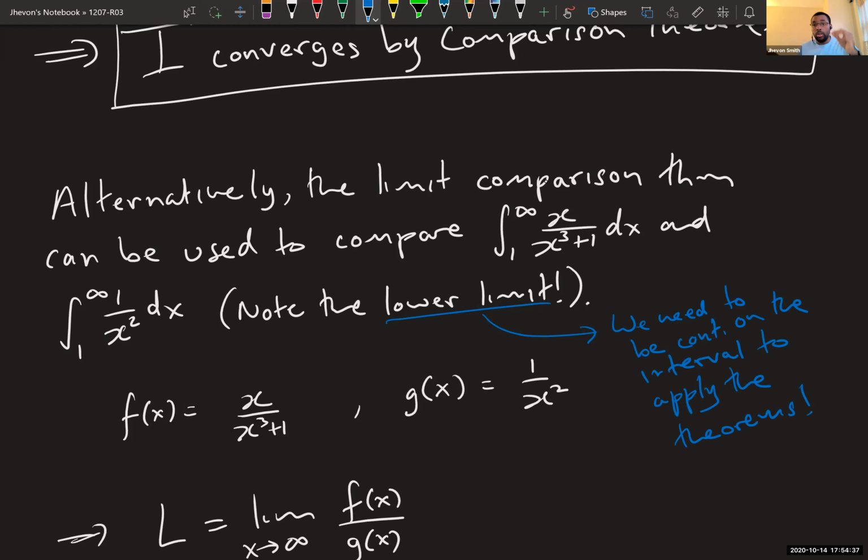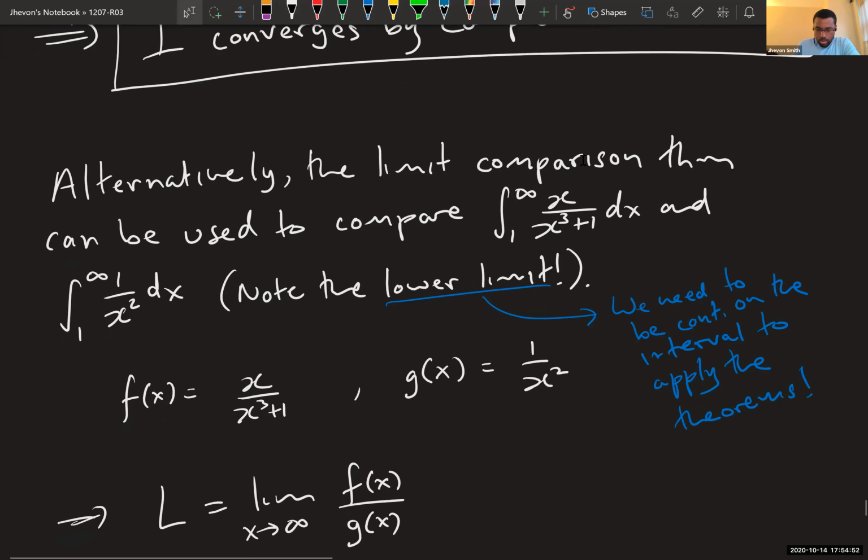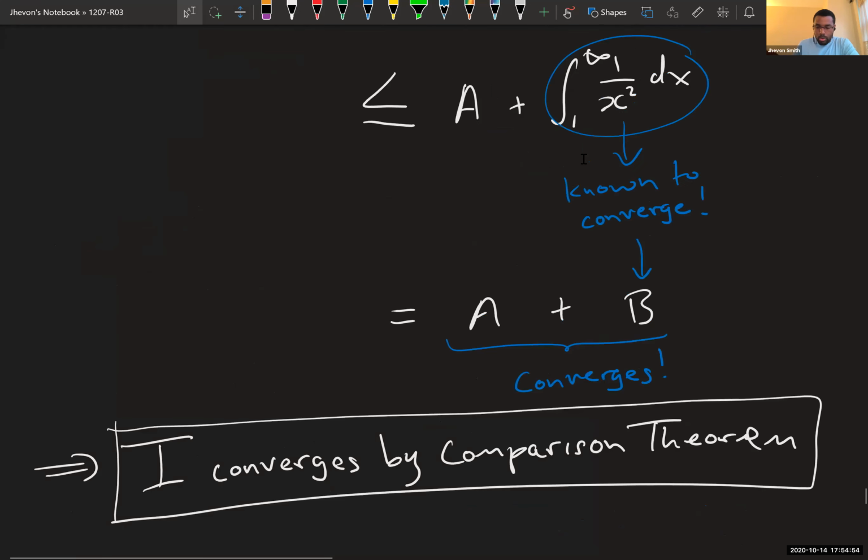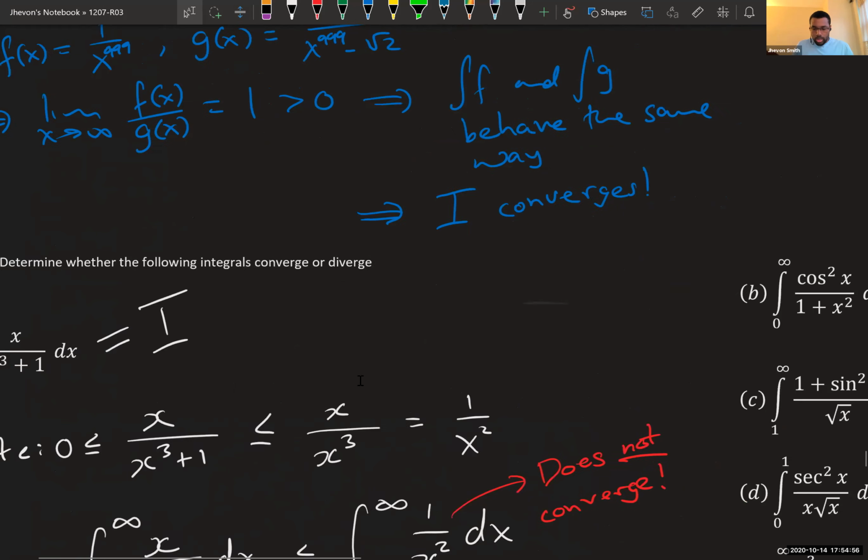Okay. Now, if you don't have continuity, a lot of times what works is the technique that I just showed you. You just break it up into pieces. A part of it will be continuous, or you can deal with that separately. And then the other part, you might use a comparison theorem for, or something of that sort. So yeah, a couple ways you could have dealt with that one, but those are going to be the most common ways.